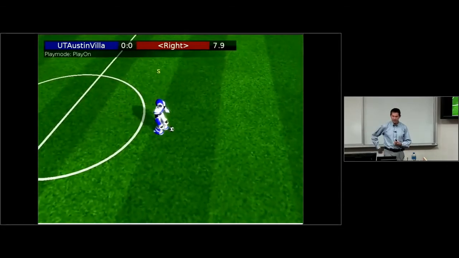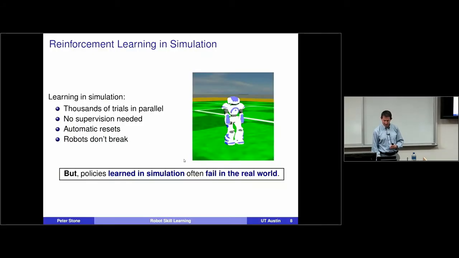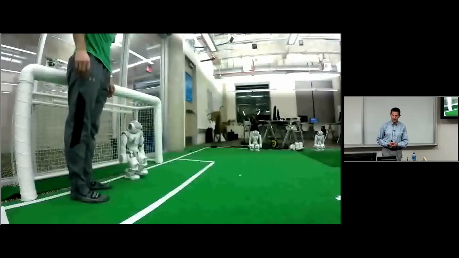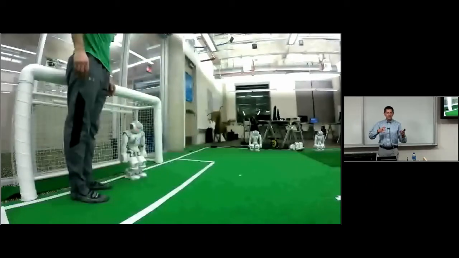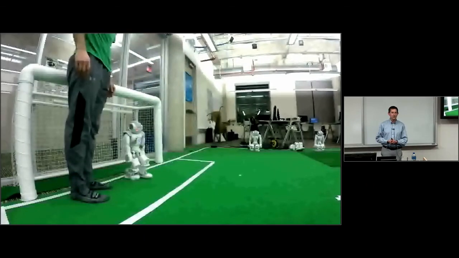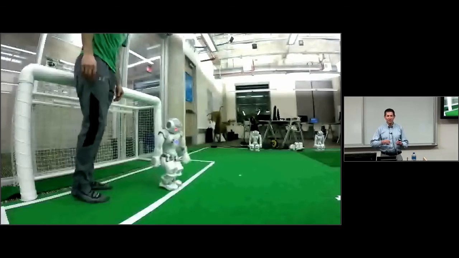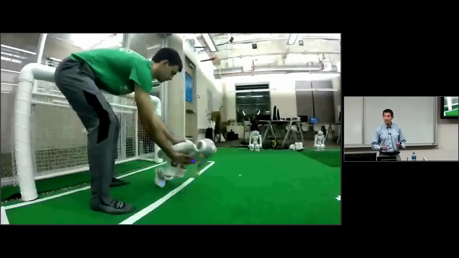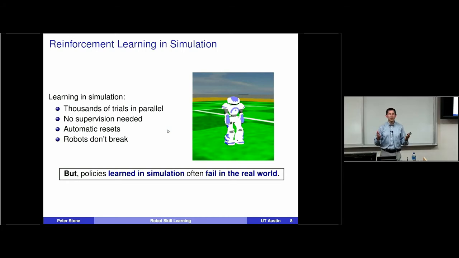This was part of Patrick's thesis, which could be its own talk, but I'm not going to talk about the methods for that. I'll just tell you instead, if we take that policy from the simulator and put it on the real robot, it can execute, but here's what happens. It'll take 1 or 2 steps and quickly lose its balance and fall over. Now, why is this? It's because the simulator is similar to the real world, but it's not perfect. The first thing you might say is, well, then let's improve the simulator. Let's make a perfect simulator, and then that'll solve all our problems. But from my point of view, despite all the efforts, we're never going to be able to get there all the way.